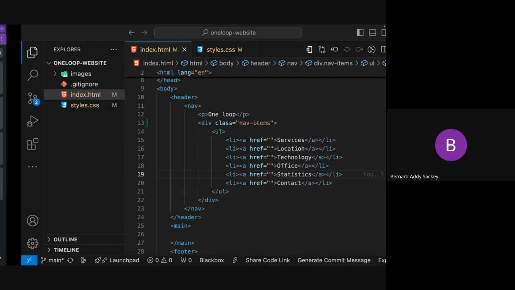Now the next step is, currently they are side by side each other. However, the one loop and the nav items are still so close to each other in our browser. In the design, we can all see that the nav items are to the far right, instead of being close to it. And to do that,